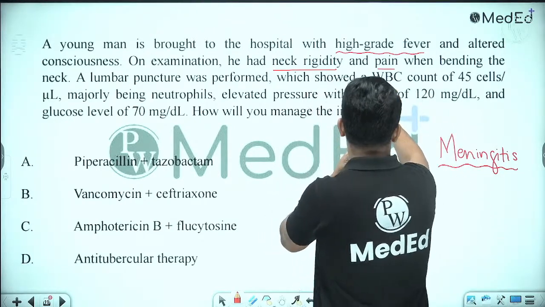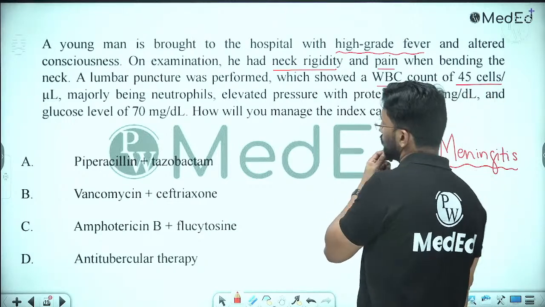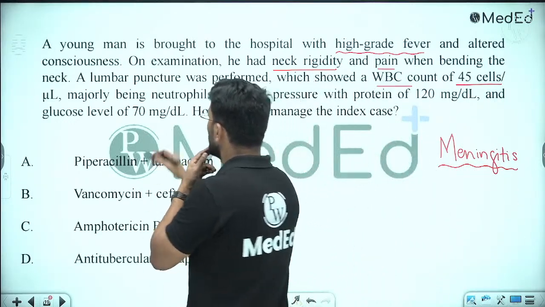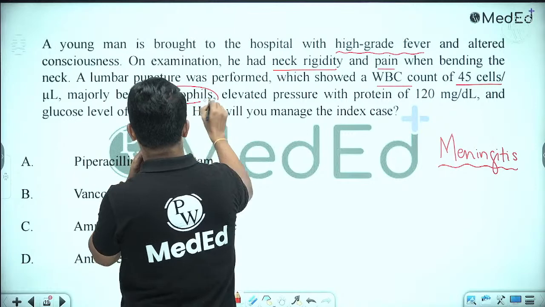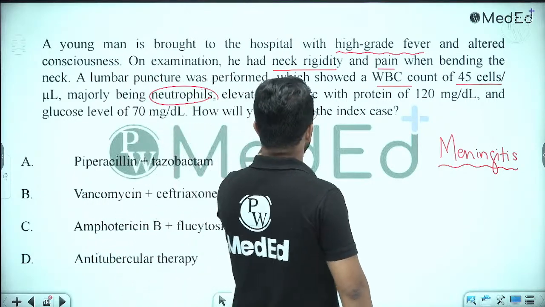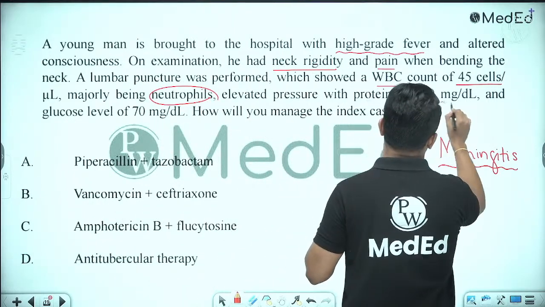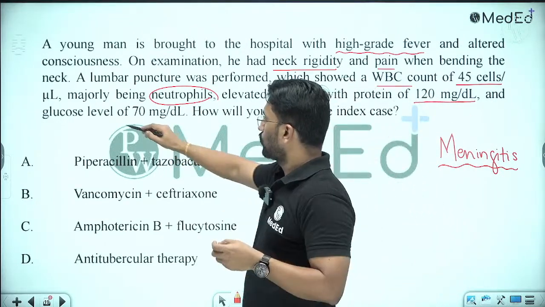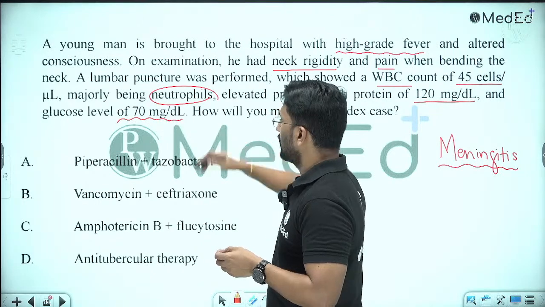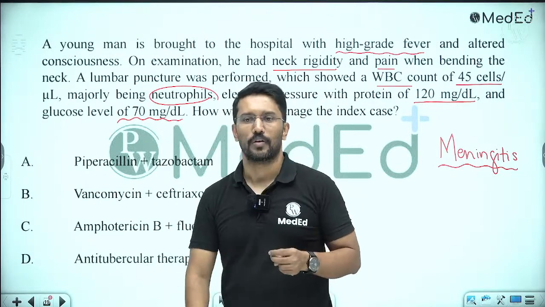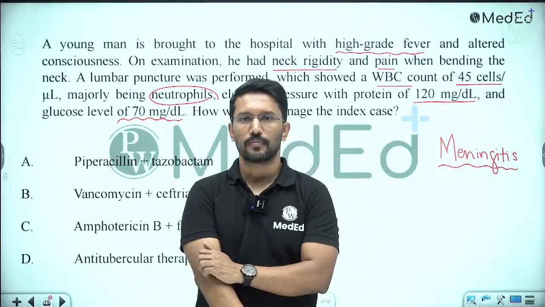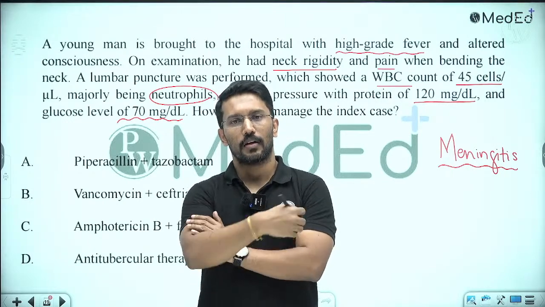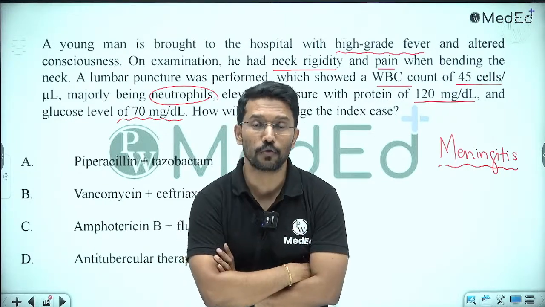They have told us that the WBC count is slightly elevated, 45 cells per microliter. It is neutrophil predominant with an elevated pressure, and the protein, where normal is up to 45 milligrams per deciliter, is also increased. And glucose is 70, not greatly decreased. Okay, so what is your diagnosis here? If given a choice, I would still think that this could be a case of viral meningitis because the cells